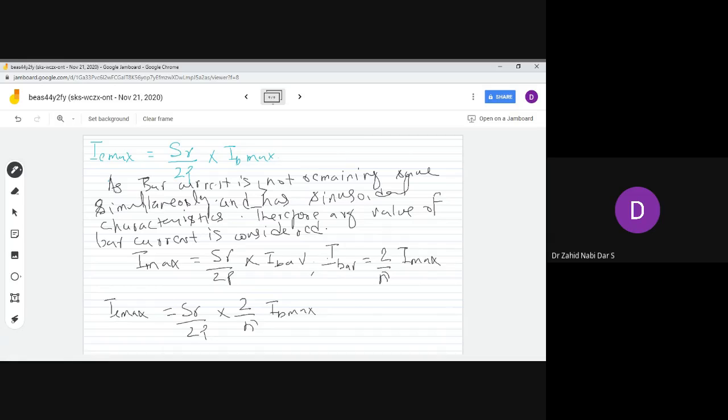If you are writing IRMS, that would be IB max divided by root 2, or IB max you can write as root 2 into IB. So you can substitute that value here also. So you will get SR by 2P into 2 by pi into root 2 IB. Once you do this, this 2 will get cancelled. So the final value which you will get over here would be equal to,